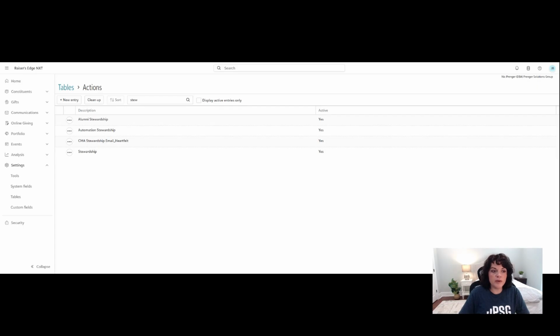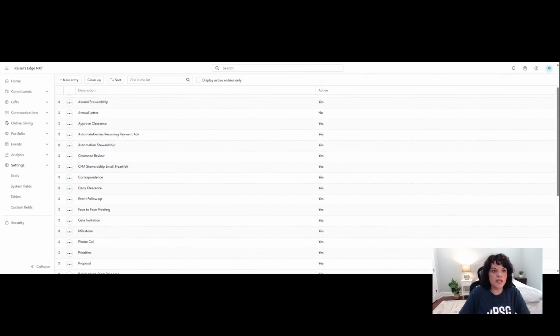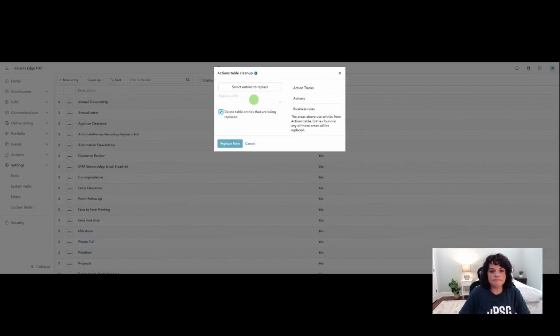If we went to a record in the system that had this action type, it would now say stewardship. So it just allows a way to clean up the table and not have duplicate entries that are saying the same thing, and it helps keep the table a lot more concise. To show you how we would update this, I've created a test action. Let's say there are a bunch of actions in the database and I no longer want this in my table. I'm going to come to cleanup,